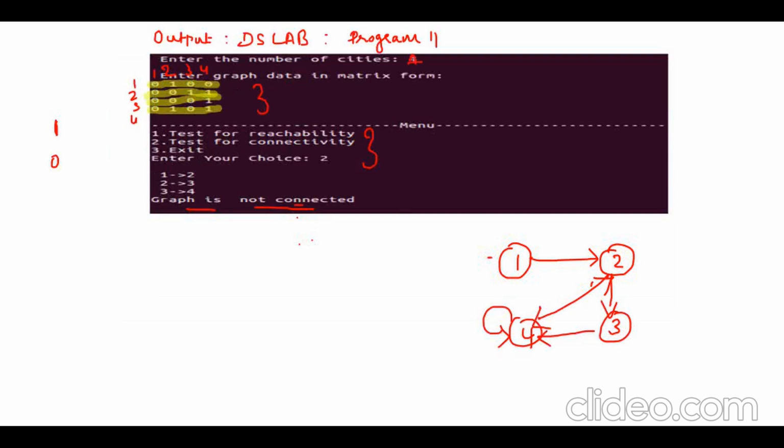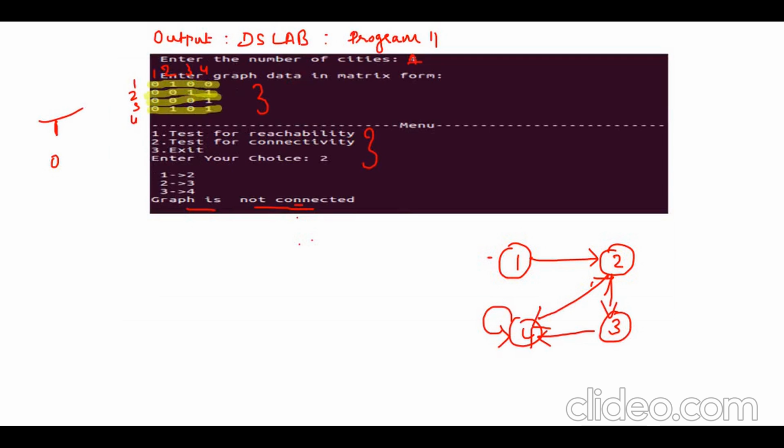If there is an edge between 1 and 1, then you have to put 1, otherwise you have to put 0. If there is no edge between a pair of nodes, then you have to put 0.